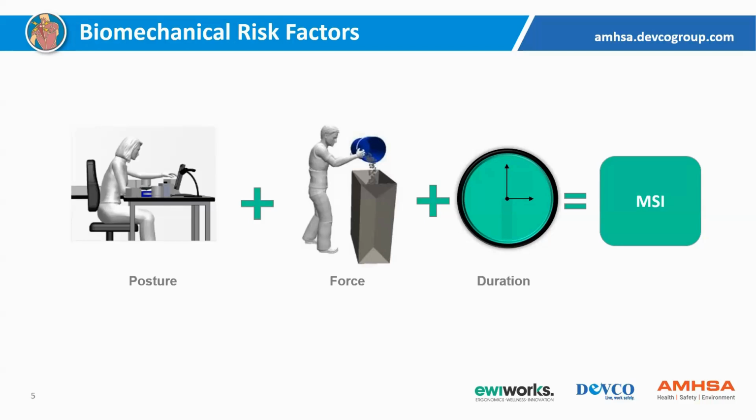developing a musculoskeletal injury. The relationship between those factors is fairly well understood, depending on how awkward the posture is, what the force is, and then the repetition and duration. So those are things that we can fairly easily sort out if we know the information.